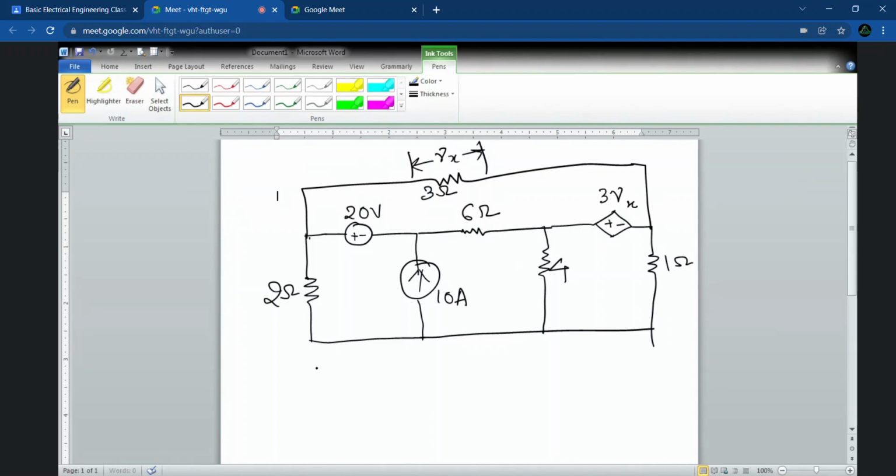Yes, ma'am. Okay, so in this question you need to find the node voltages. First step is to denote the nodes. Is it clear to everybody? What had we discussed earlier as the first step? That was to denote the nodes. First we will denote the number of nodes joining in this circuit. So how many nodes are there?